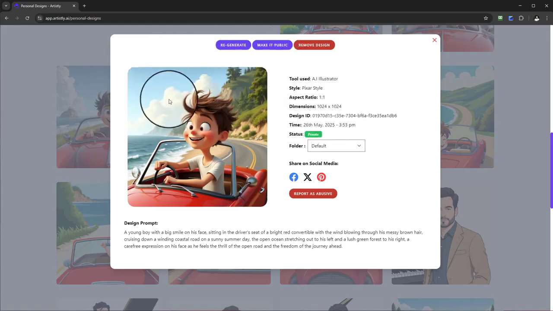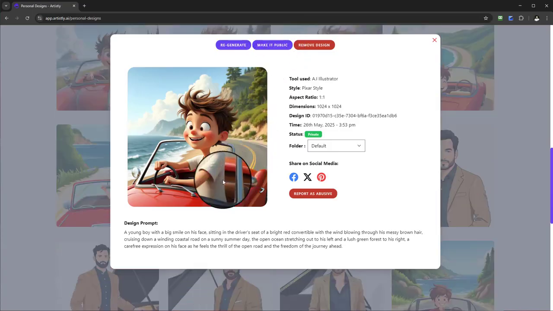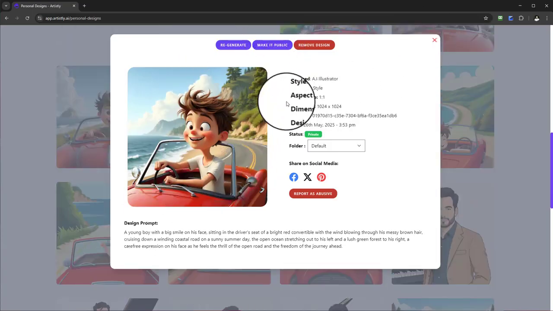Now depending on the particular style that you've created, you'll see on some instances you can regenerate, make it public, or remove the design or delete. And I'll explain what it means by making it public. Okay, so on the design you'll be given information: the tool that was used, the style in which it was